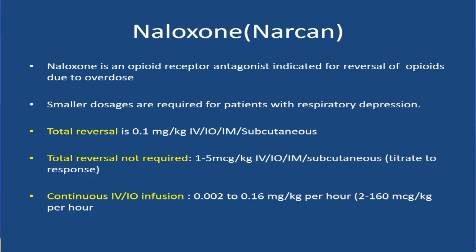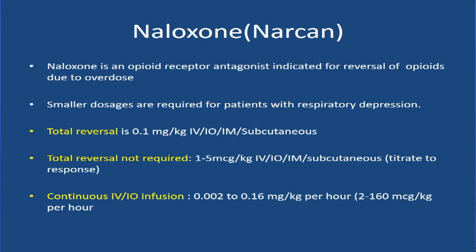For total reversal of all the effects of the opioid, the dose is 0.1 milligrams per kilogram IV, intraosseous, IM, or subcutaneous. If total reversal is not required, 1 to 5 micrograms per kilogram IV, intraosseous, intramuscularly, or subcutaneously